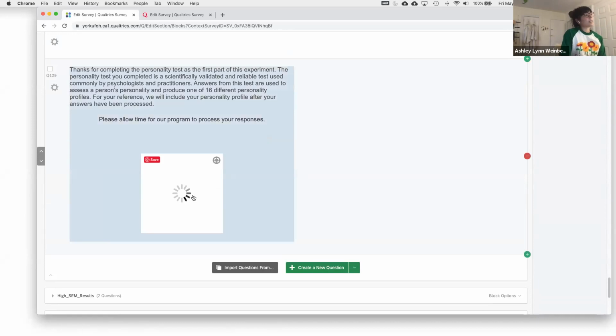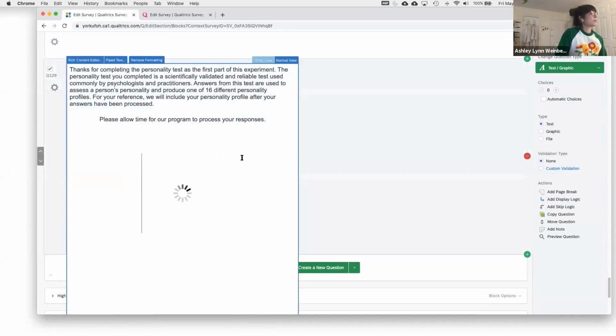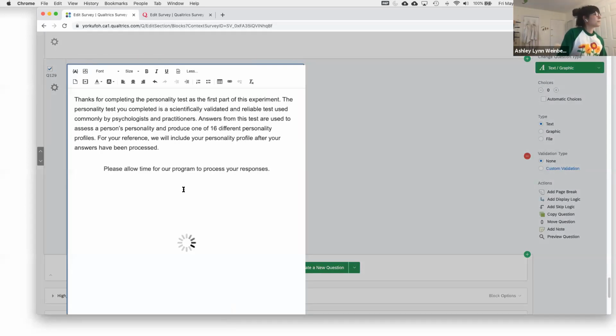And so what I did here is, actually, this is really useful because I think that there are a lot of times that you maybe want participants to think that something's being processed just so that it's a little bit more believable. And so in this case, I inserted in a GIF that I found. And basically what I just did